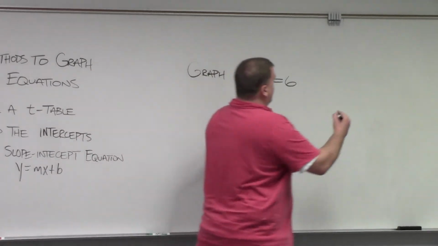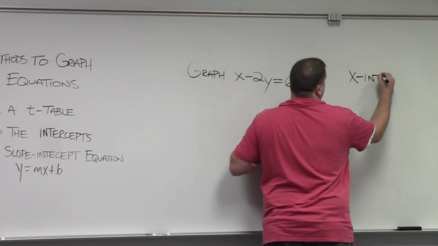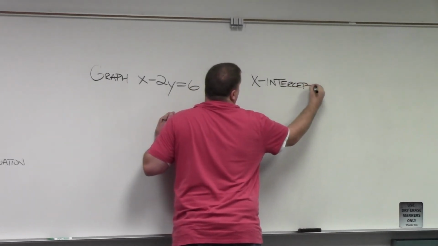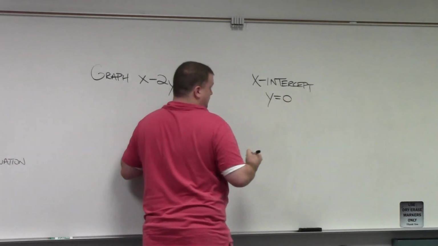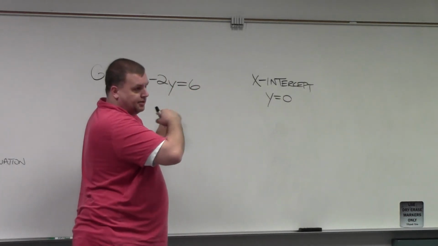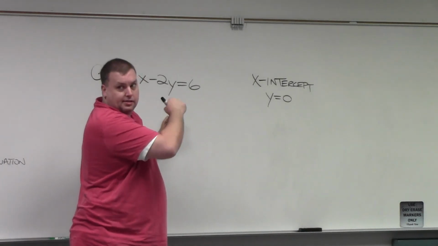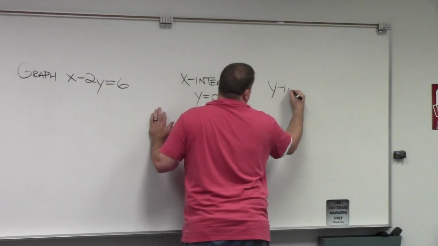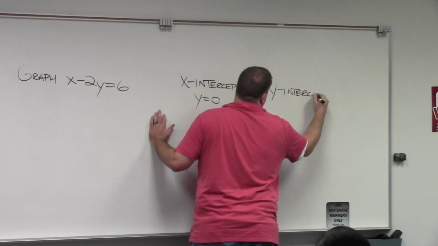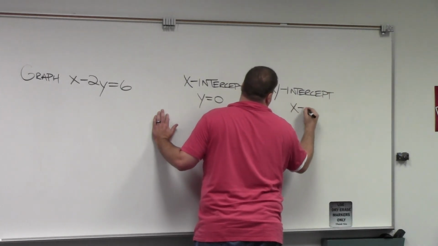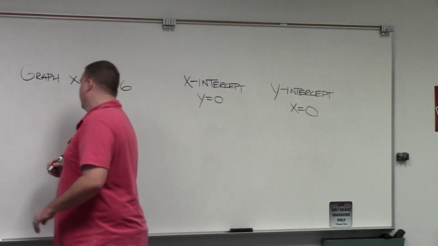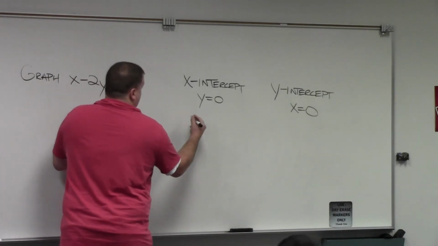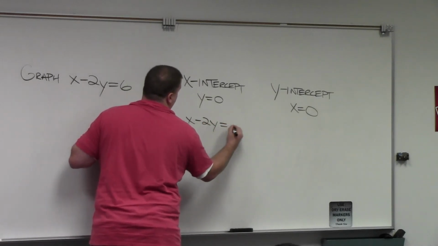So for an X-intercept, that's a specific point. An X-intercept means that y has to be equal to 0. That means it's a point on the x-axis, right? And every y value on the x-axis is 0. So if an x-intercept has a y value of 0, a y-intercept will have an x value equal to 0. So let's plug those values in. So x minus 2y, if I plug 0 in for y,